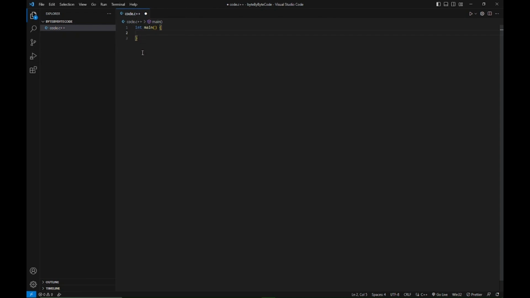So once we do that, we can type in std, which is a namespace which holds certain commands to make it easier for the computer to understand. And then we're going to type ::, to say, hey, we're going to put our command here next, and then cout. Now we can put our two little alligators, in this case less than symbols, saying whatever comes after cout,